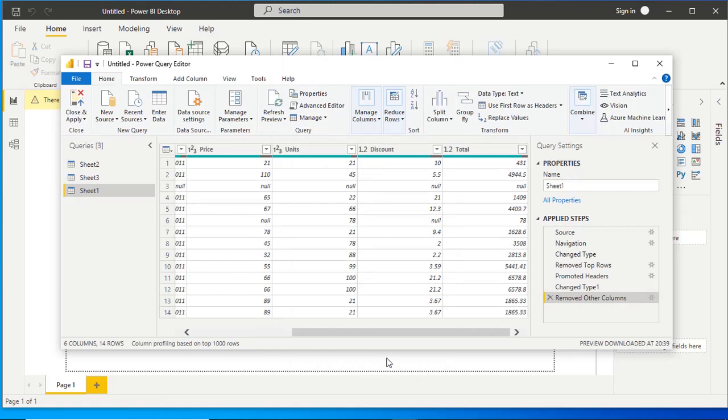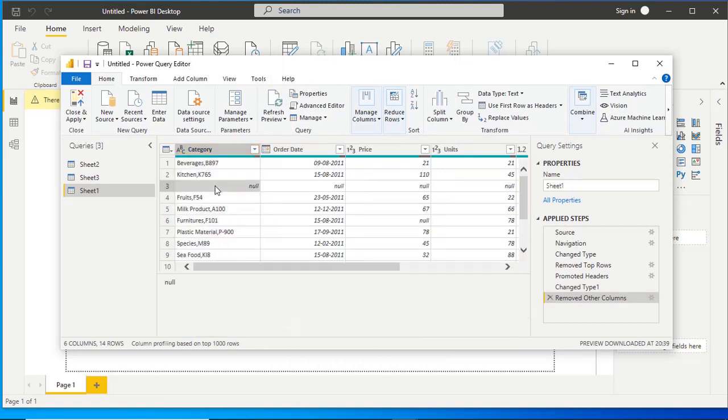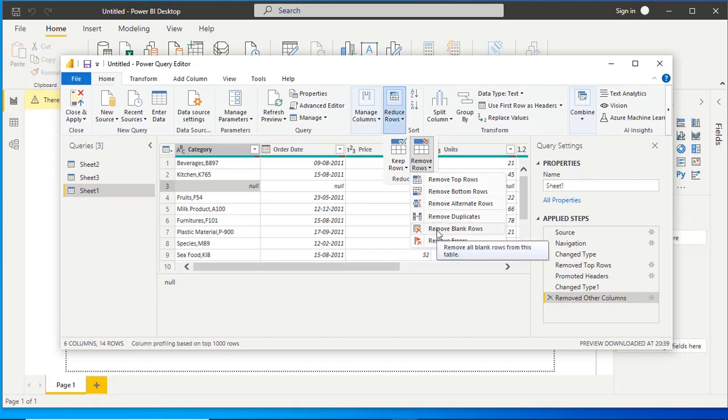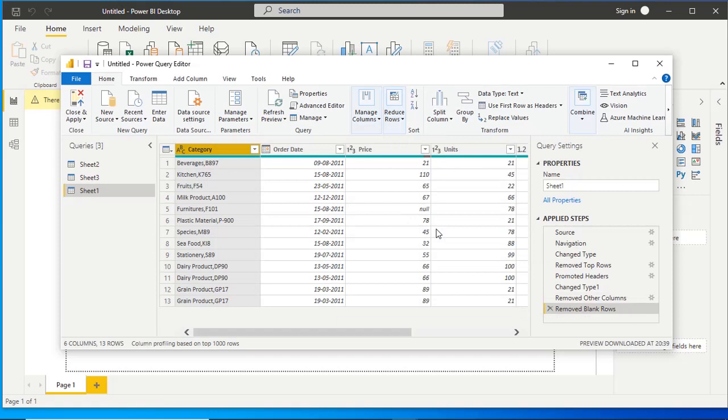So unnecessary columns are gone. Now, if we check the row, this row is completely blank. It means we have to remove the rows which are completely blank. Again, select reduce rows, remove rows, then remove blank rows. Click on that one and you can see that row has been removed.